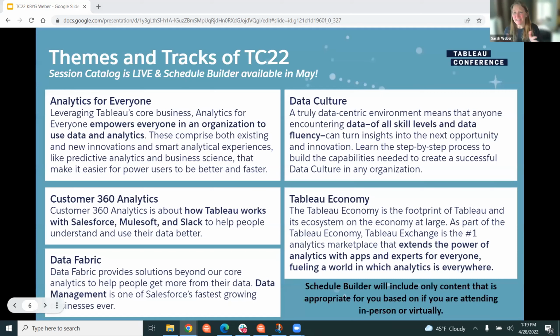All right, so let's get to content. We've got themes this year, tracks like all good conferences do, to help guide you in the types of things you might be interested in. I'm not going to read all of the stuff on the screen, and I can share this out. You'll find them when you go to the website as one of the many ways you can filter through and see the content. But rest assured, what you want to learn is probably falling into one of these buckets.